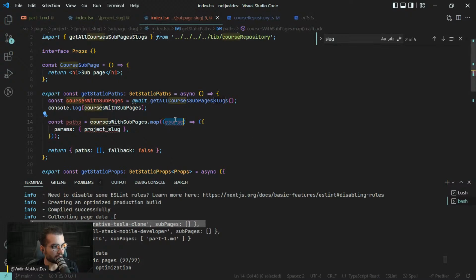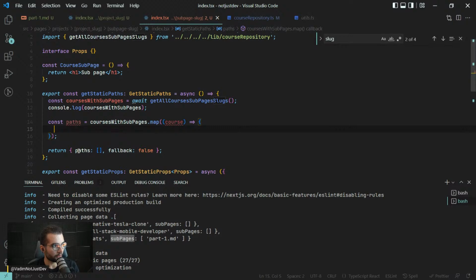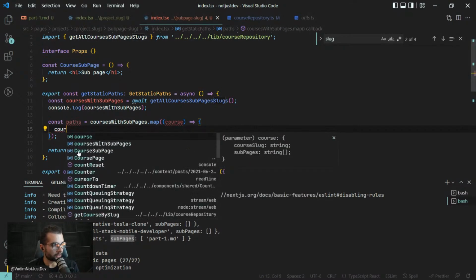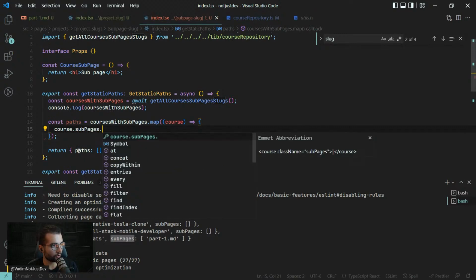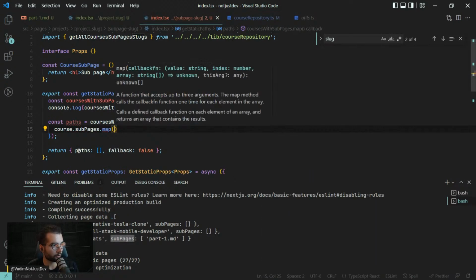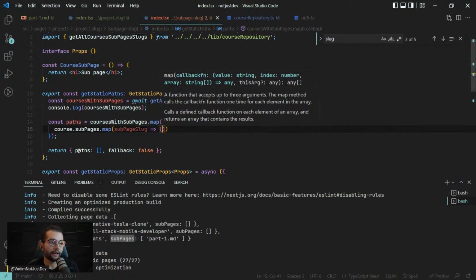And now inside the course we need to go in every subpage here, so we're going to go into the course dot subpages dot map, subpage slug, and now we can return